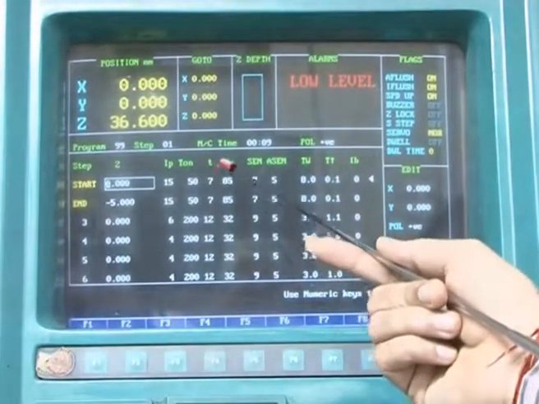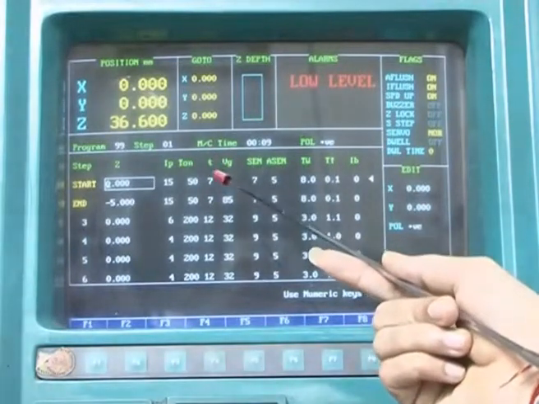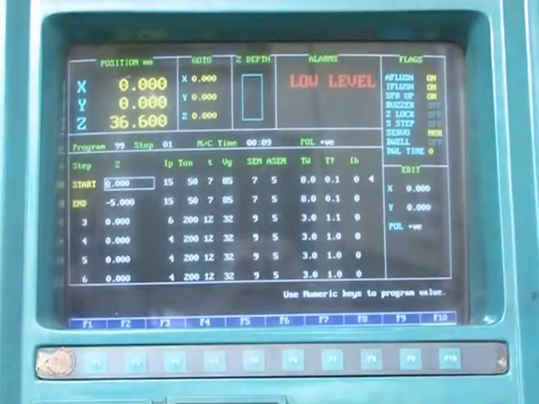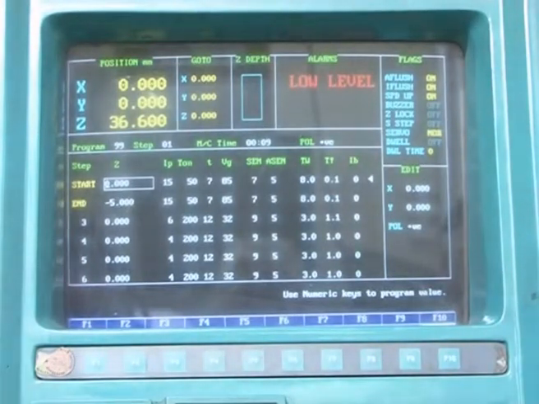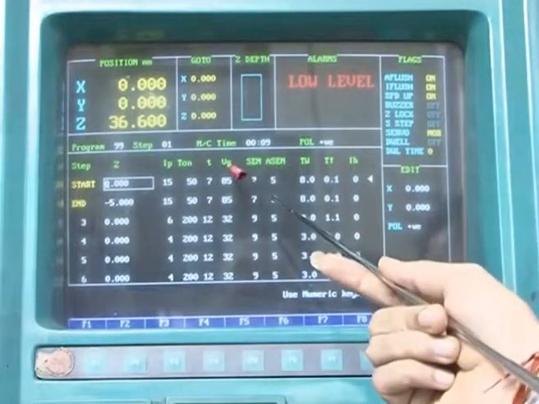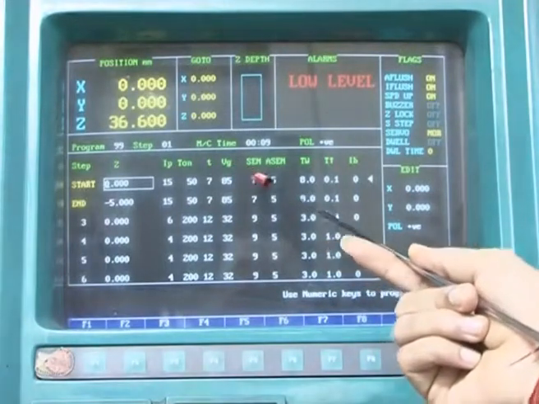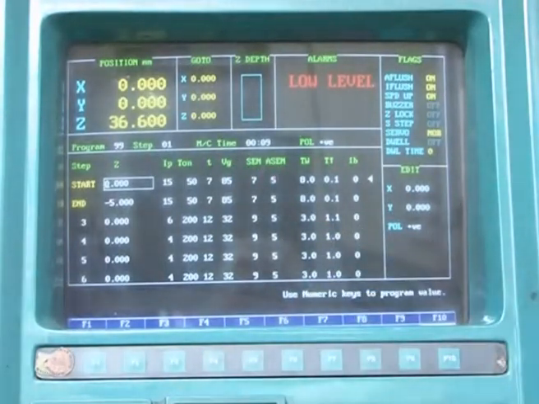The third one is T off, the off time, because in the EDM process there are on time and off time. Off time is the part of the total cycle in which machining cannot take place and the removed material can be swept away by the dielectric fluid. The fourth one is the gap voltage. This gap voltage depends on how much gap you want to control in this particular process.